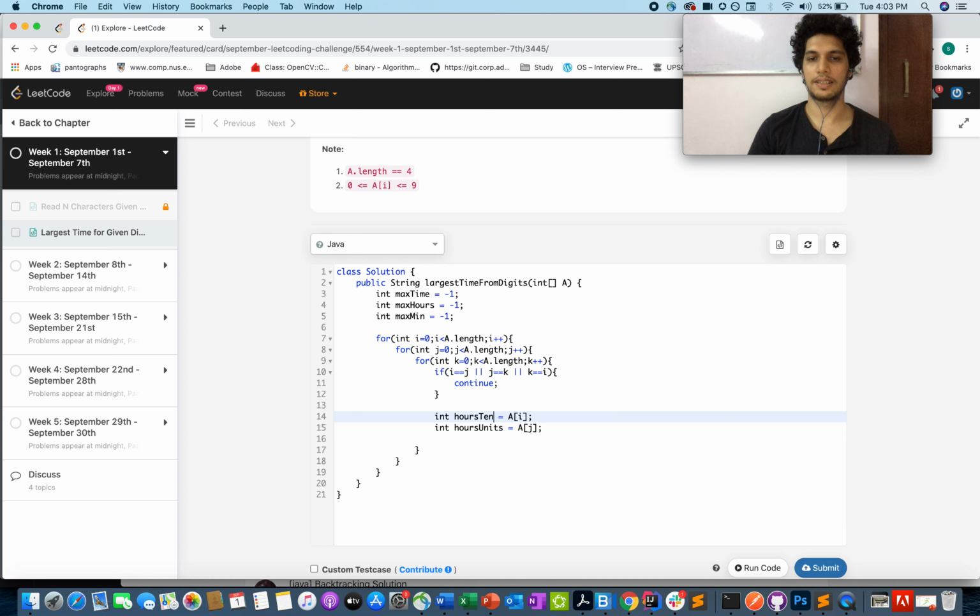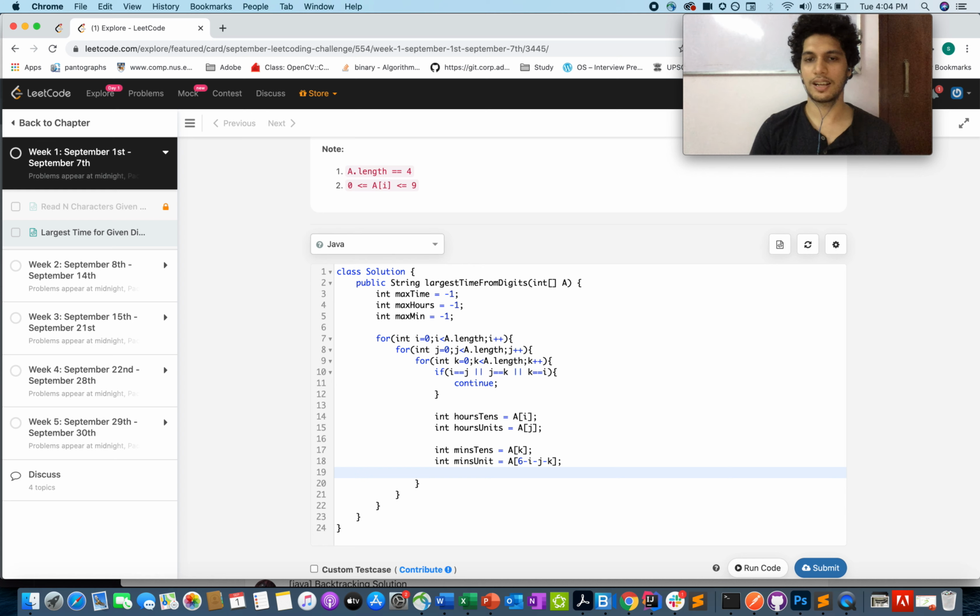So we are done with the hours tens and units part. Now let me do it for the minutes part. Minutes tens part would be a of k, and this is interesting: minutes units part equals a of 6 minus i minus j minus k.